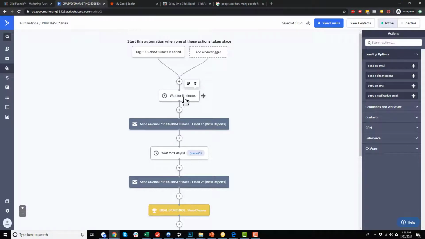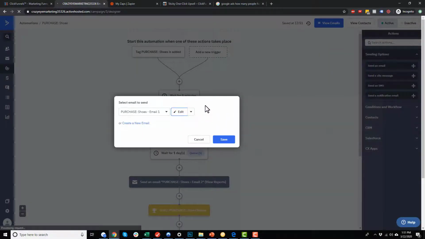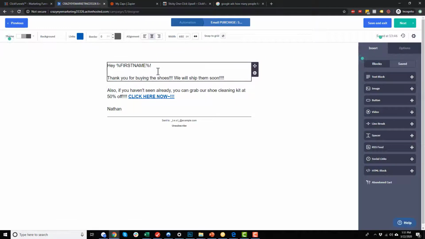And we're giving that person 5 minutes so that way they can go through OTO number 1, they can go through the downsell if they say no to OTO 1, and then they can go through OTO number 2 as well. So we estimate that'll take them about 5 minutes to get through our funnel. And so we want to give them that amount of time so they could go through and purchase OTO number 2 if they want it, right? In which case, that first email, that conditional block wouldn't show. So we want to give them time to go buy OTO number 2, and then we'll send them this email